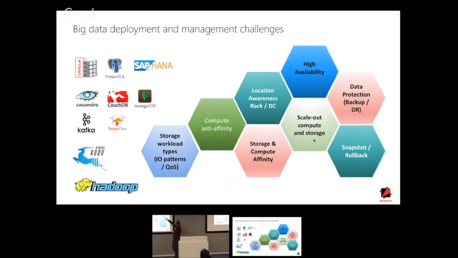So this part is essentially for running Hadoop, or day 1 or day 0, your deployment. And after that, admins have to deal with growth. They have to scale out. But when you scale out, you still have to follow the same rules. You cannot violate the storage and compute affinity policies and all that. Even during failovers, you have to worry about affinity policies, otherwise your cluster is compromised. And there are snapshots and rollbacks and data protection by streaming the content out to cloud.